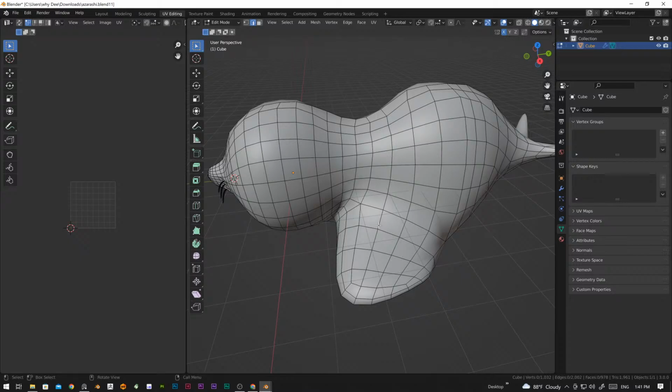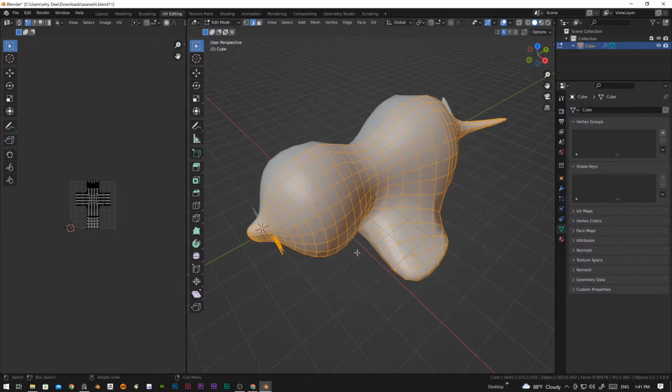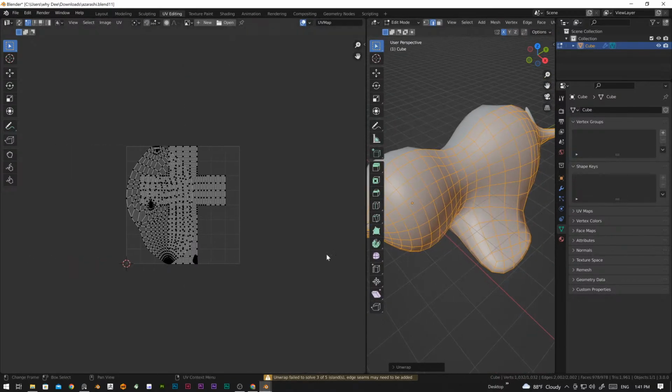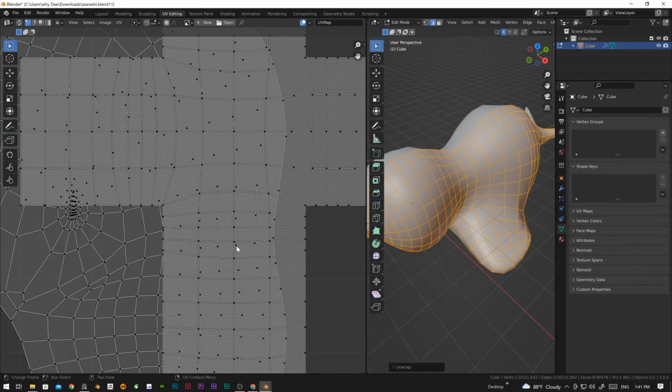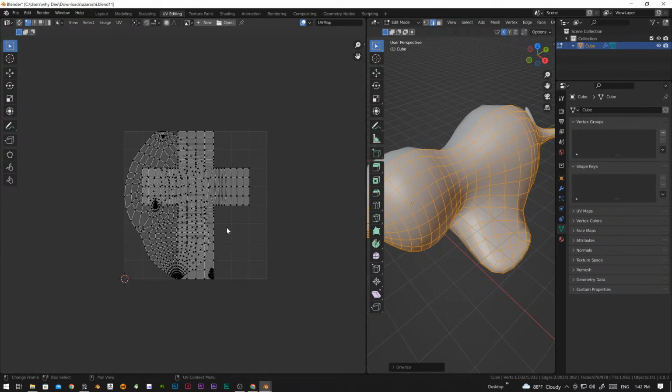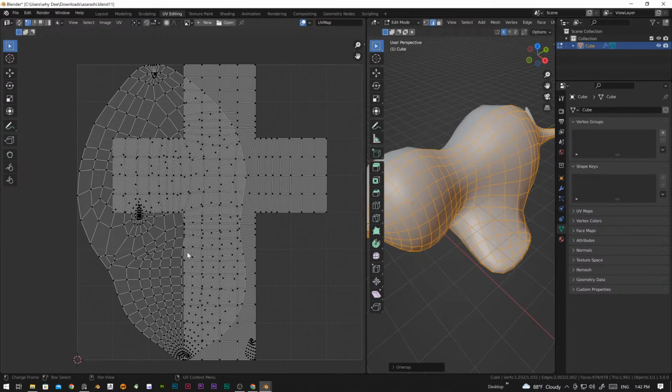First you need to unwrap the thing. If you unwrap right now by pressing A and pressing U and unwrap, it's not a good UV map. It's all overlapping and we get confused about which one is which, and that's why we need to